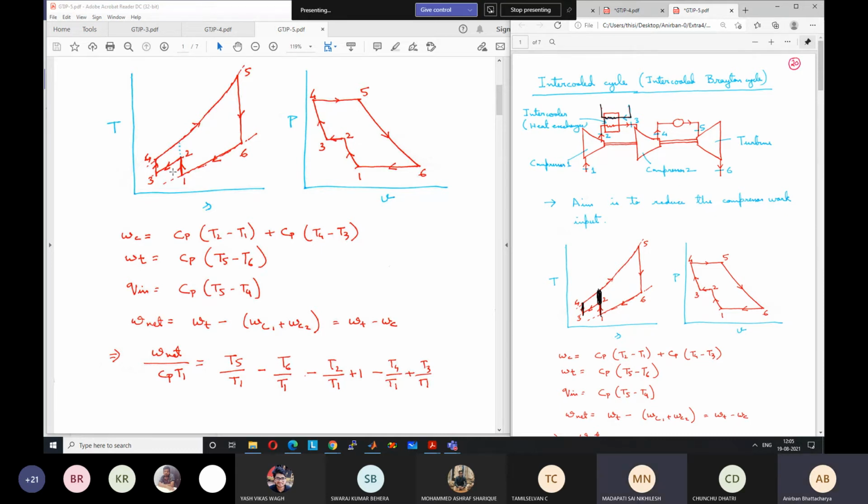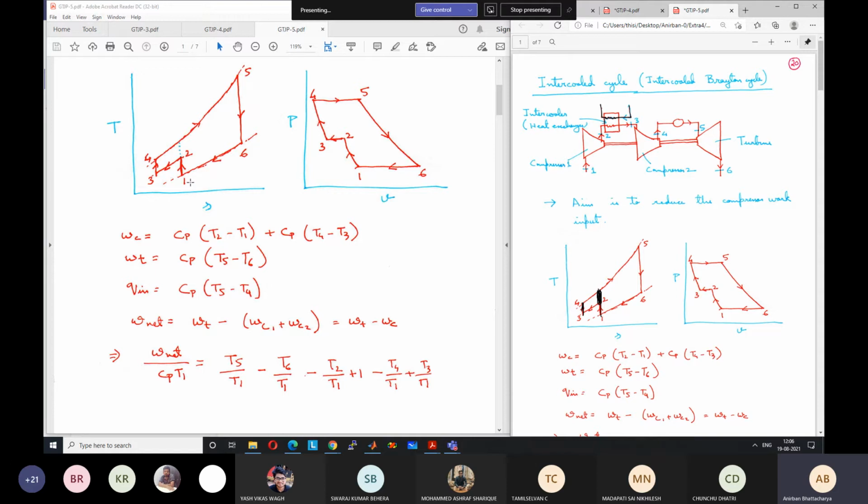The ambient temperature, and the cooling fluid cannot go below the ambient temperature. Very good. So T1 is fixed by ambient temperature and T3 is fixed by the temperature of the coolant fluid. In the theoretical limit, the coolant will come at ambient temperature, which is equal to T1. In the theoretical limit, when full heat exchange occurs, the maximum cooling that can occur is up to the ambient temperature. In a real case, it will be higher, but in the ideal case, because we are still studying ideal cycles, T3 can become equal to T1. It depends on the ambient temperature.